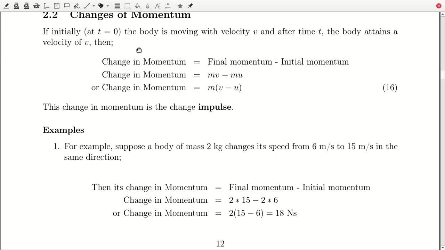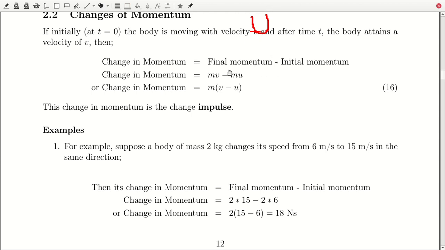So how do we get it? If a particle has changed its velocity in a given time t, for example from u to v, where this is u and in the given time it becomes v, our final momentum will be given by mass times final velocity, and initial momentum will be mass times initial velocity,